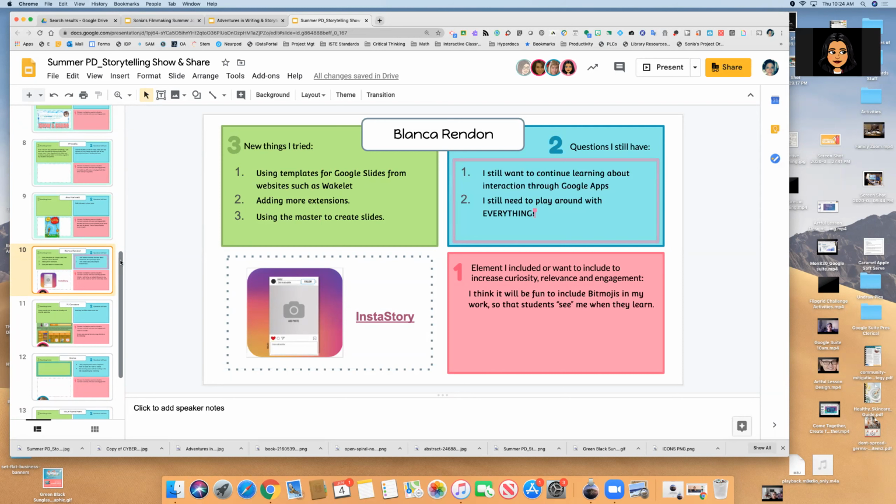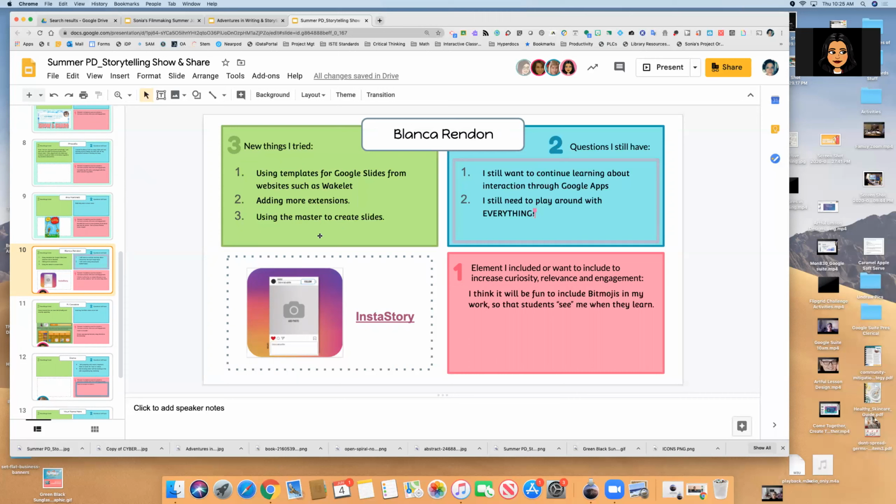Okay, so I did not create something. But here are 3 things that I tried during this course. First of all, I like the idea of using templates for Google Slides. I really like Wakelet, because it has graphic organizers, and I love using graphic organizers in the classroom.